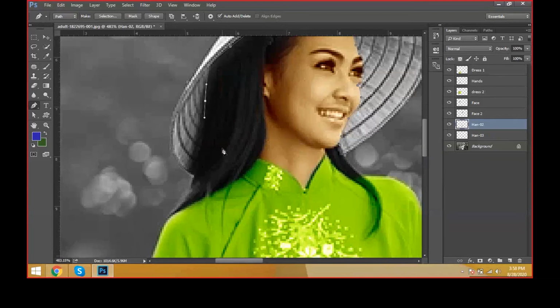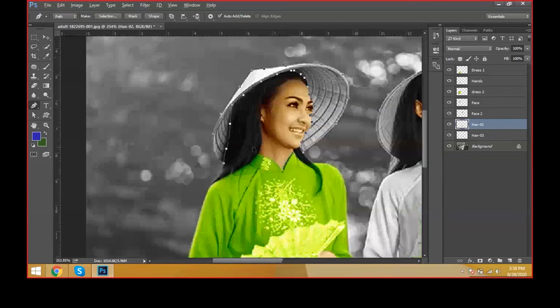Like this, we can cut the hat image, and press Control Enter for path selection, Shift F6 for the feather selection.